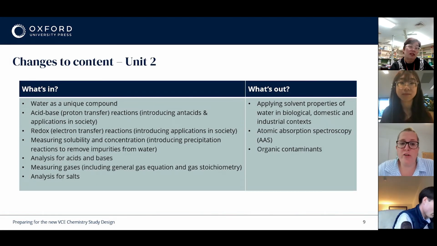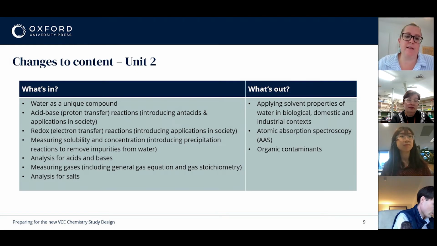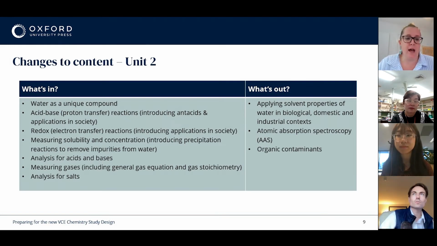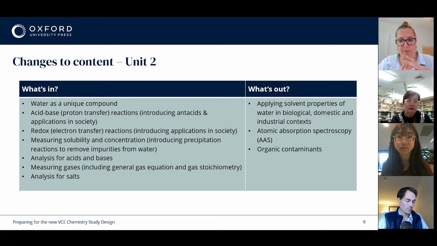So for Unit 2, it kind of looks similar to what we have already had. Water's pretty much the same. Acid bases, we've got antacids are in and applications to society are in. Unit 2 has this huge focus on applications to society, and the end of Unit 1 with polymers there. Redox reactions, again, with the application to society, and then that